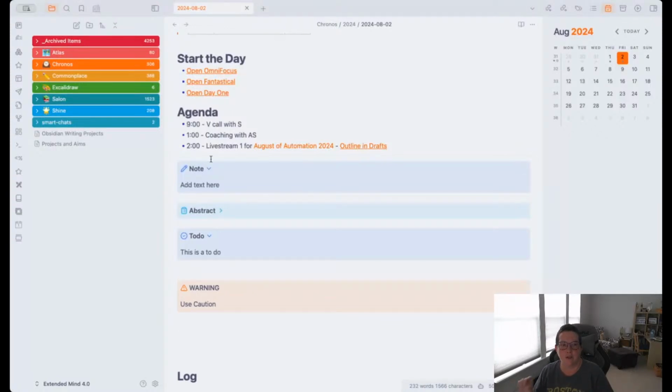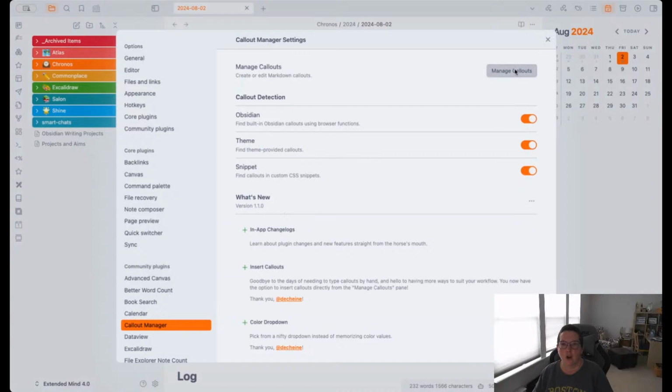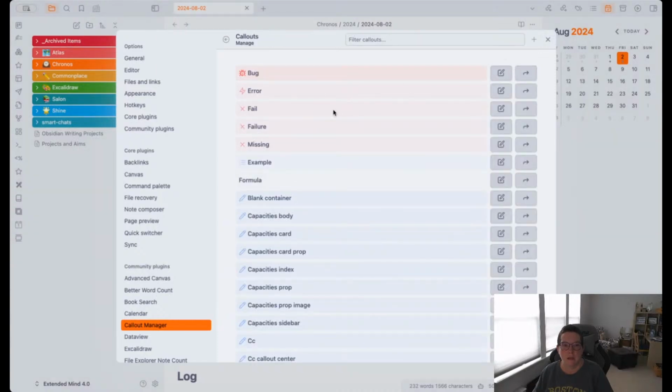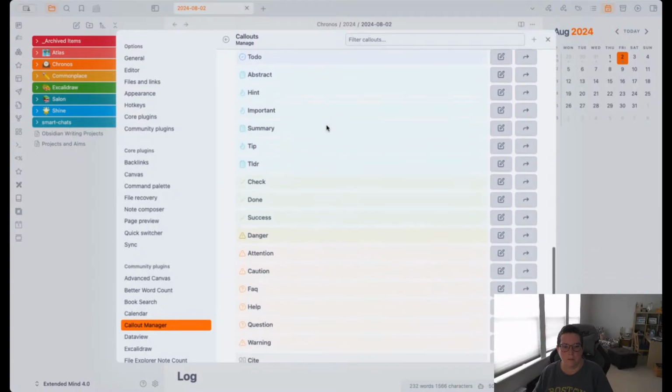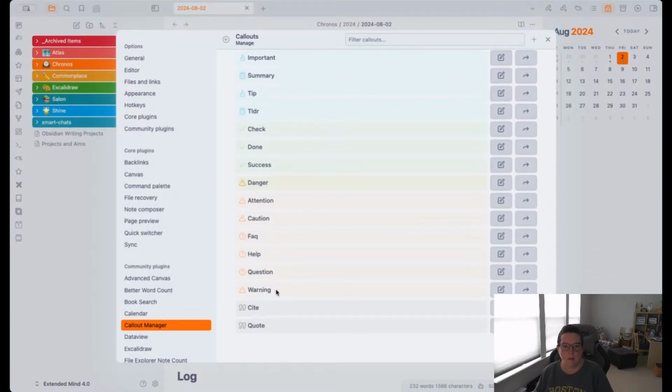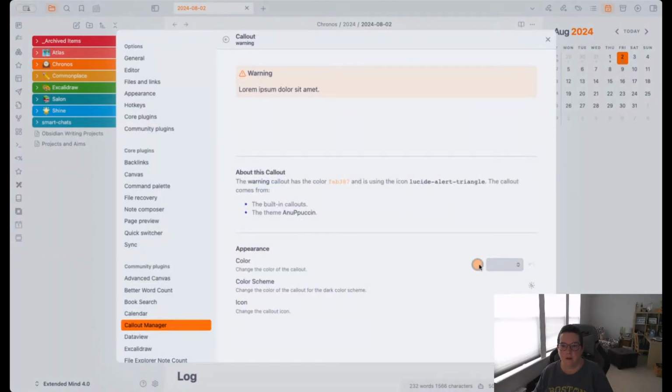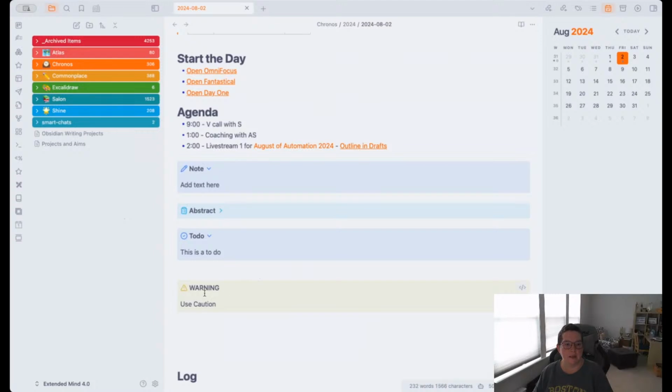There are two different versions of callouts. One is theme-based and one is default-based. So I may not have edited both of them to be the same. Let me just show you that instead of talking about it. So we edited, let's see, we edited warning. Maybe we did not. Let's change that to yellow. There we go. And let's see if that changes it. Yes, that changed it. There we go. So I was just using a different callout than the one I had edited.